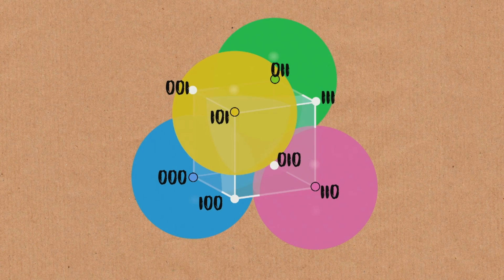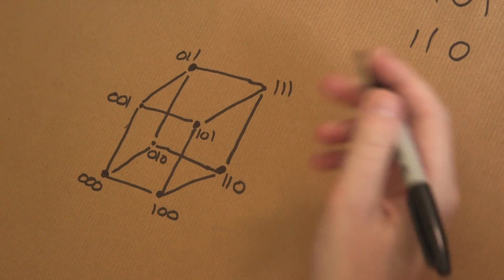But the problem with that is, if I use those as code words and I have a mistake, say I had 1, 1, 1, which would be a mistake, it's actually quite close to 2 code words. So I don't know which one to pick. Although I can tell there's a mistake that's happened, I don't know how to reinterpret the mistake.